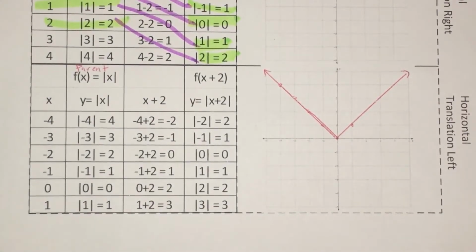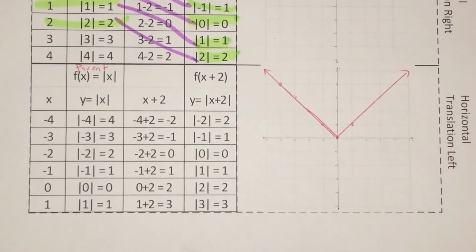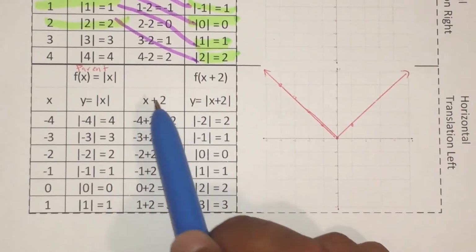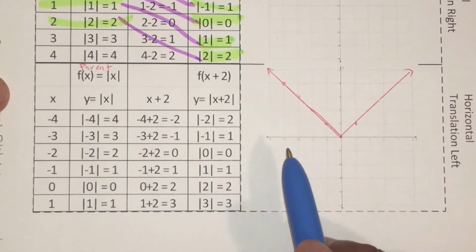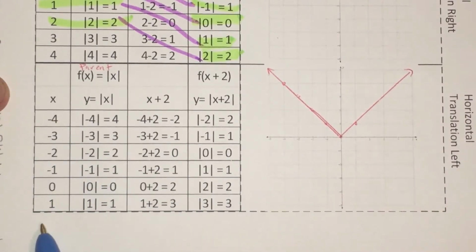This is part number 4 of Foldable number 1. For this one, we now have a horizontal translation to the left. So we're shifting 2 units to the left, because of this here. We're going to go over it again. Once again, instead of having our parent function start from -2 and go to +2,